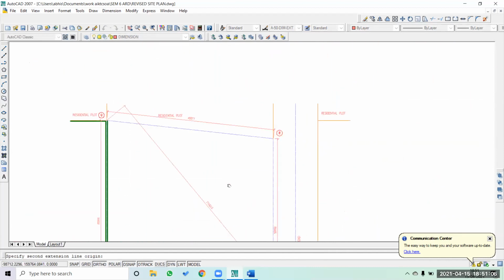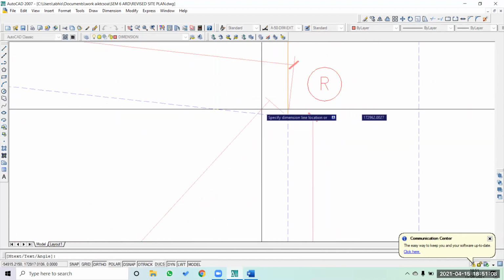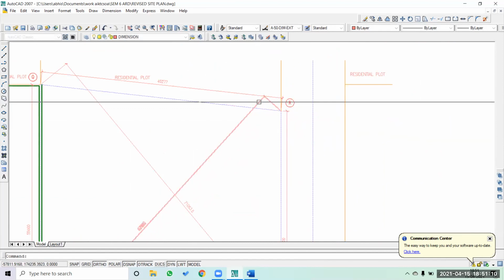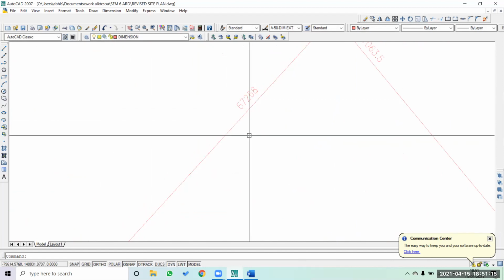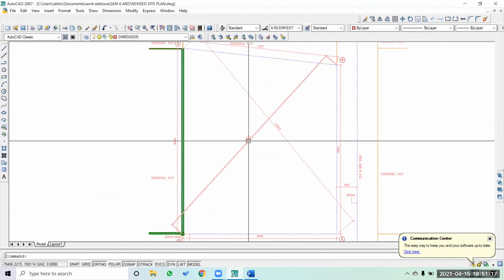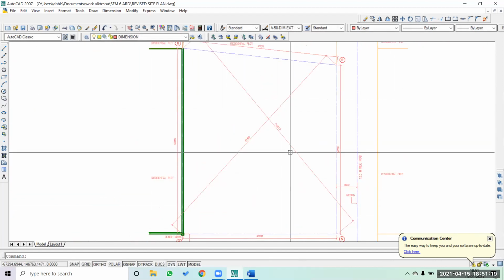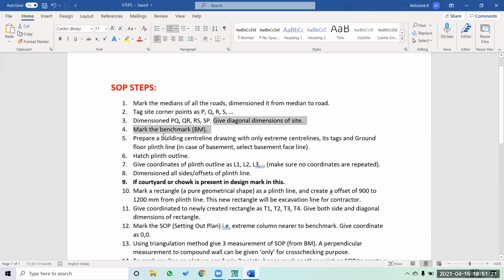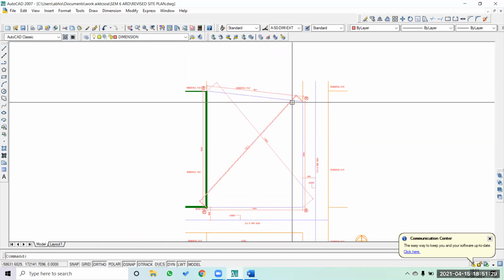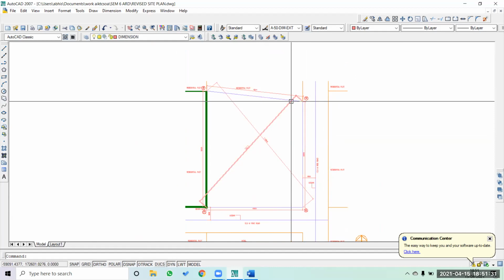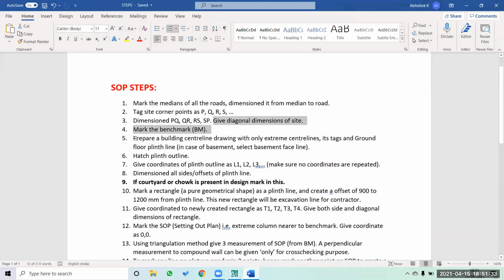So the dimensions are for the site line, the center lines of the site basically. That is how the diagonal dimensions of the site center lines are given, and we have already done that. This is done for a very simple reason, because it forms the triangulation method. All the points could be marked using the triangulation method.